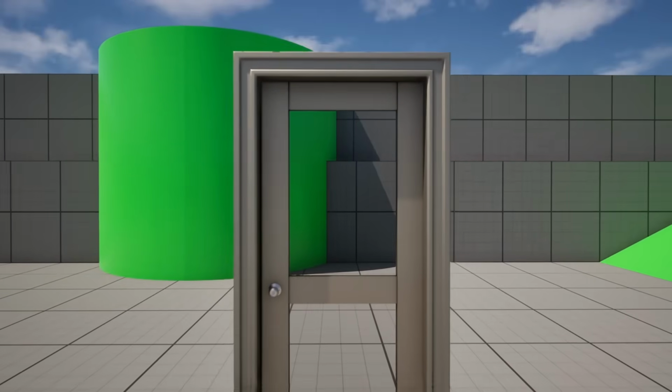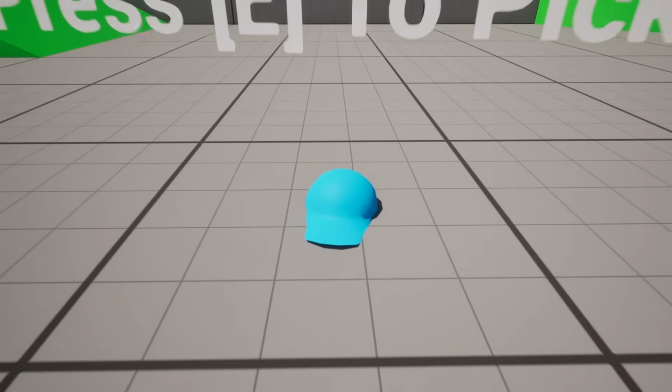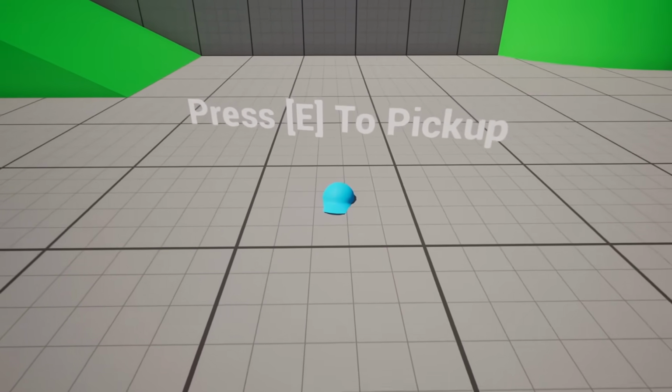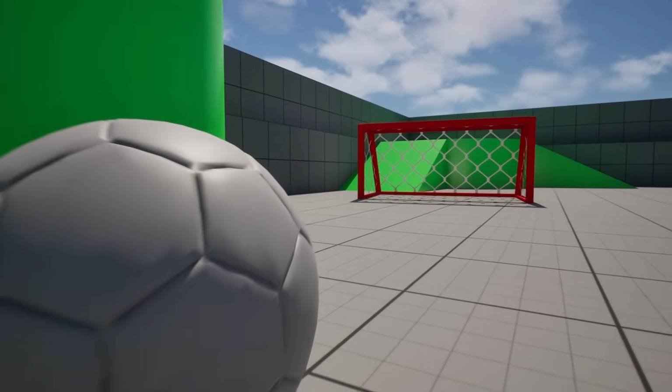Hello guys and welcome to the Unreal Engine 5 Blueprint Beginner Tutorial. In this beginner tutorial, I'll explain what are blueprints, why you should learn blueprints, and how to use blueprints inside